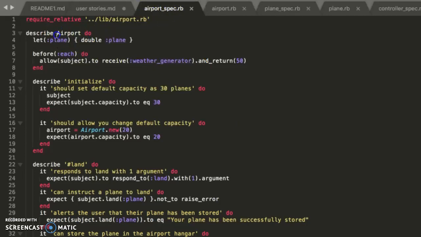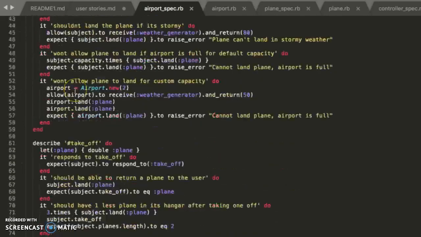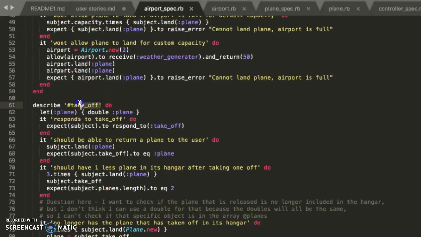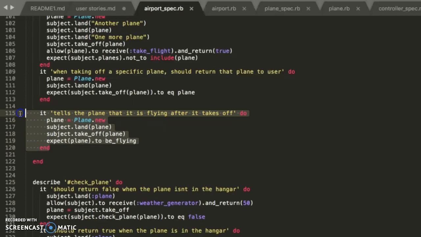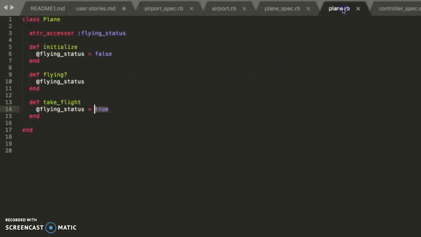It's describing the airport class, and then we've got the instance method takeoff here, which has a bunch of tests sitting in it, and the one I'm referring to is this one at the bottom here. It tells the plane that it is flying after it takes off. So the functionality that I'd like it to have is that when the plane takes off, the plane, by the way, has a flying status,